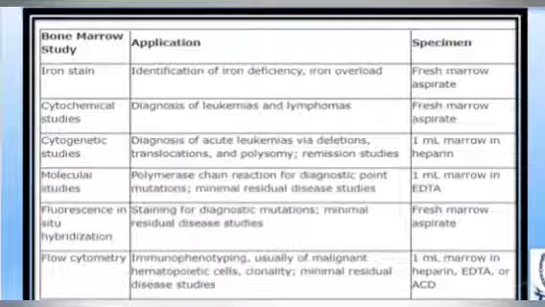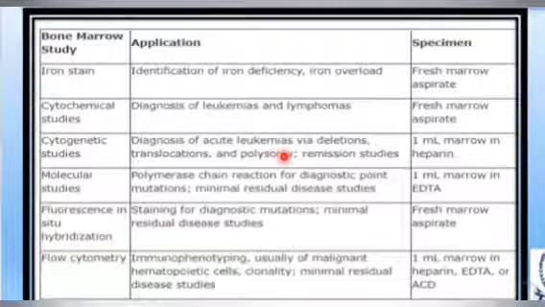So what is the importance of these special stains? Like iron stain, it identifies iron deficiency or iron overload, and the specimen needed for it is fresh marrow aspirate. Then cytochemical studies are usually used for diagnosis of leukemias and lymphoma, and the same fresh marrow is required for it. Cytogenetic studies are diagnostic of acute leukemia,